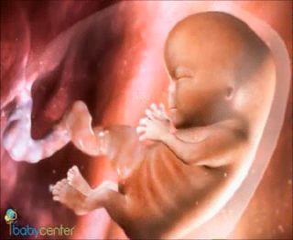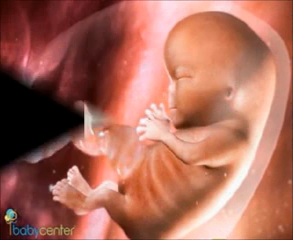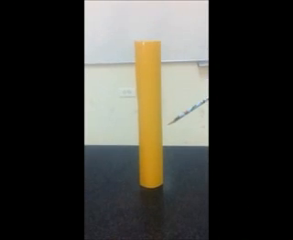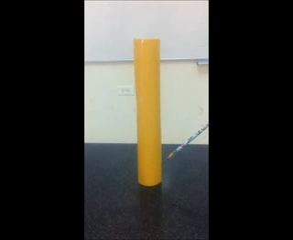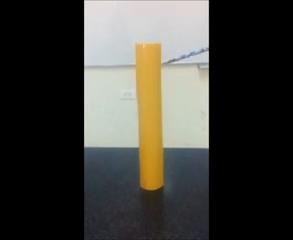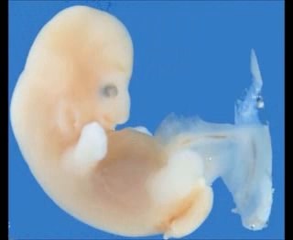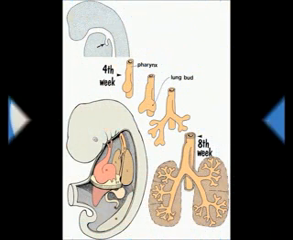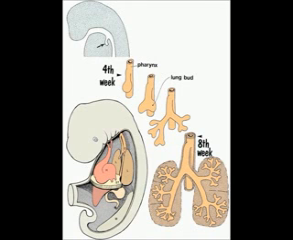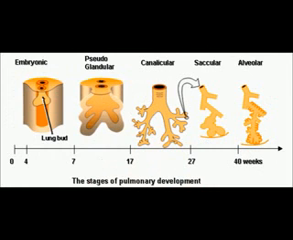In this video, we will talk about the development of the fetal respiratory system. This yellow tube represents the foregut. When the embryo is approximately 4 weeks old, the respiratory diverticulum, which is also called the lung bud, appears as